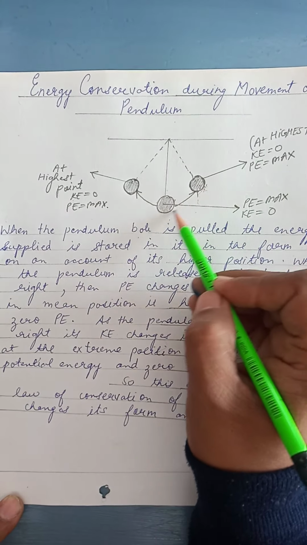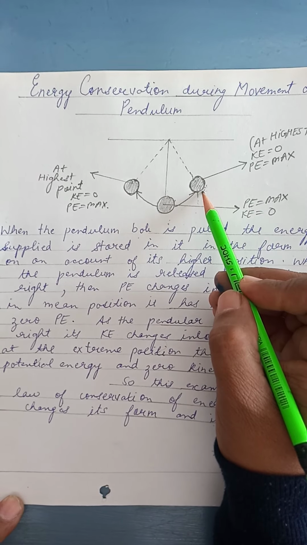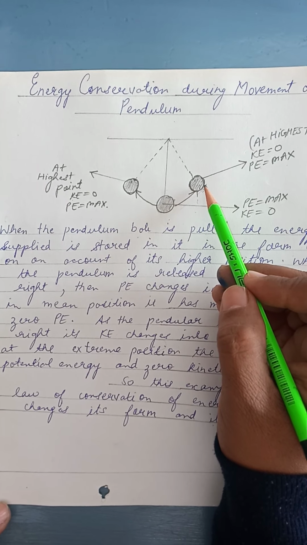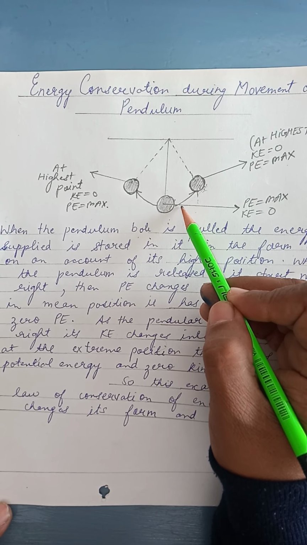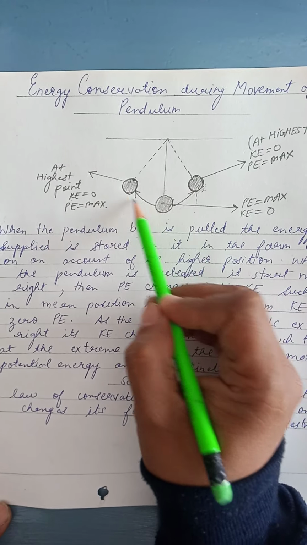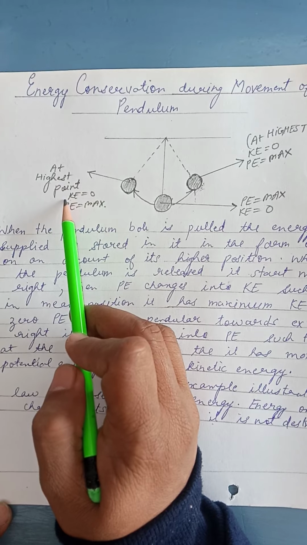Why? Because initially the potential energy was maximum, and since it is coming down, the potential energy decreases and the kinetic energy increases. But when it reaches the highest point on the other side,